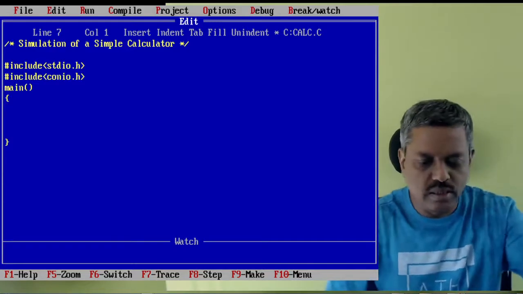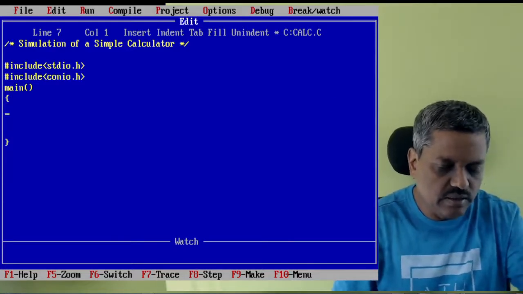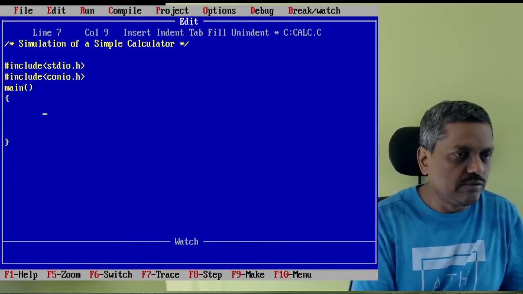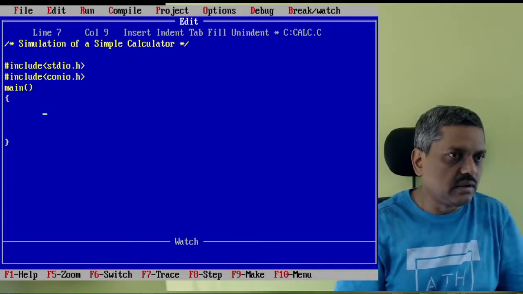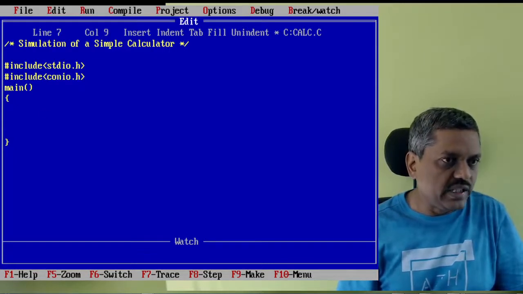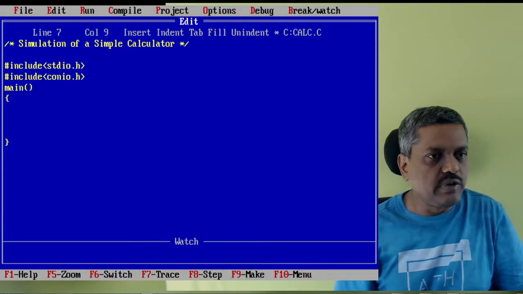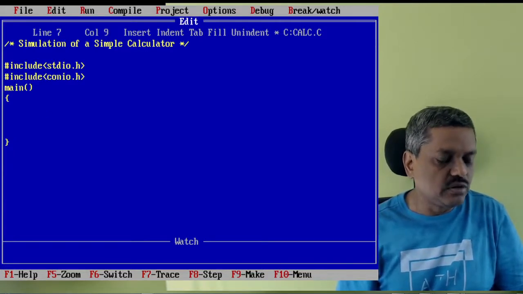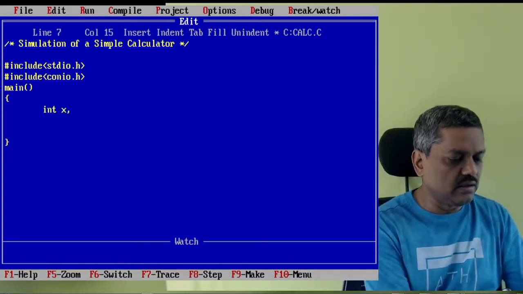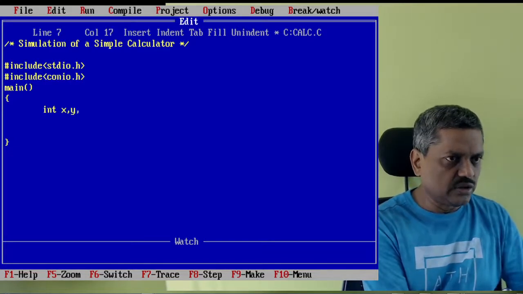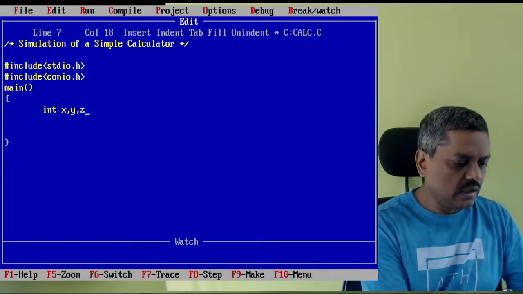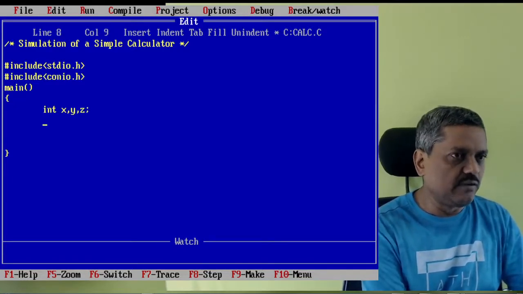So let me start off with the program. With main, you know that the very first statement in C programming has to be what memory locations you are going to use. So name the variables and their data types. Think that we would like to handle only integers. So I use int, and then I call the variables x comma y. These are the two variables. And I also need another variable to store the answer, that I will call z. So these are the three integer variables we need.